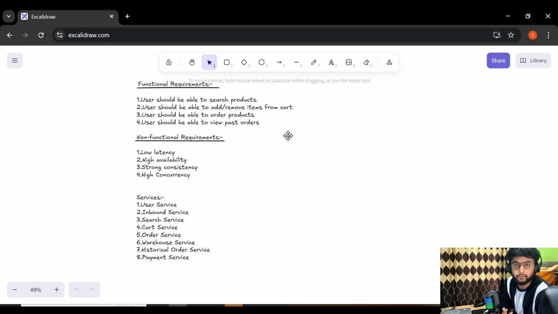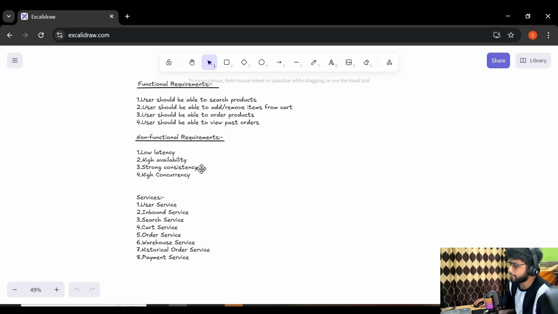In order to avoid this constraint, we will make a few services highly available and a few services strongly consistent. Payment service and order service will be defined as strongly consistent, and services like search service and recommendation service will be highly available, because these are the user facing services.